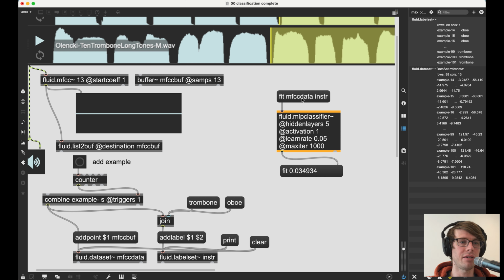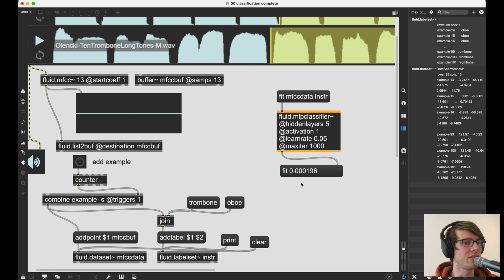So let me hit fit again. And we can see that sure enough, it went down. Now it's 0.01. So that's good. It means our neural network is improving from the data that we're showing it. I'll do some more fits. And we can see that sure enough, it is decreasing quite a bit. And now we can see at some point it starts to maybe level out,